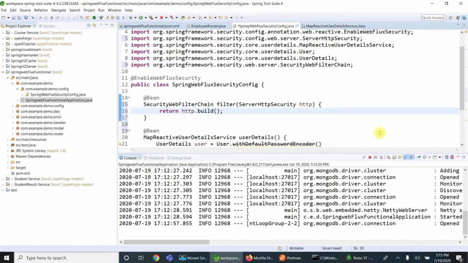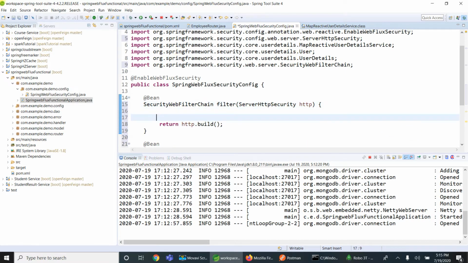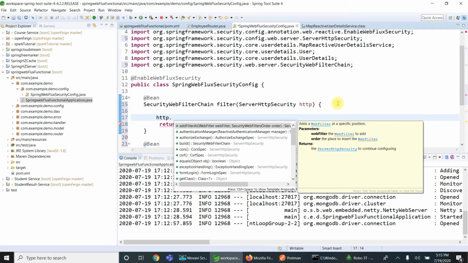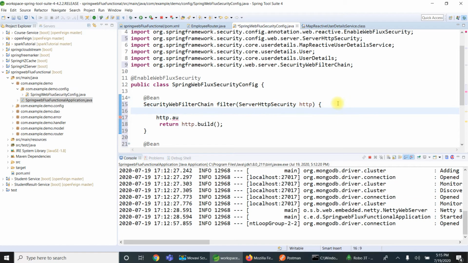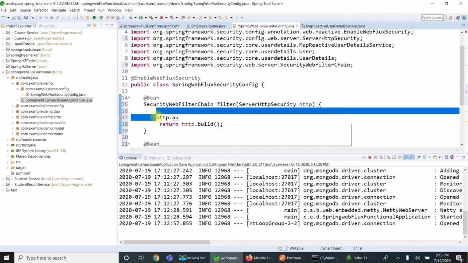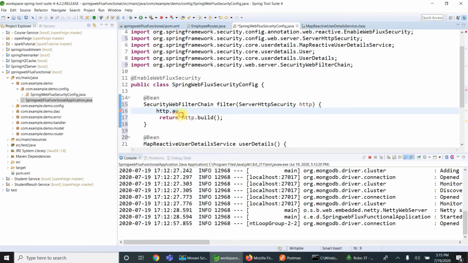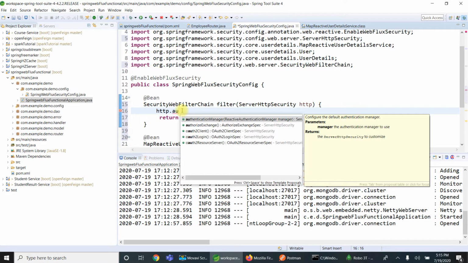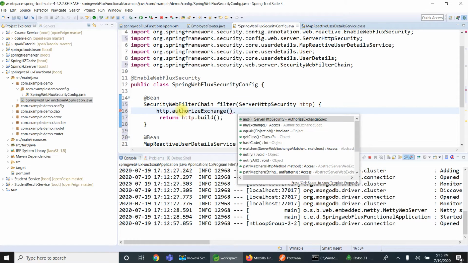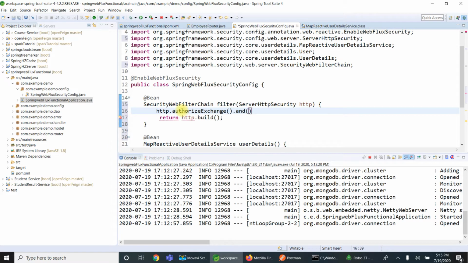If it is just basic authentication, the default implementation, I can just give http.authorizeExchange().anyExchange().authenticated().